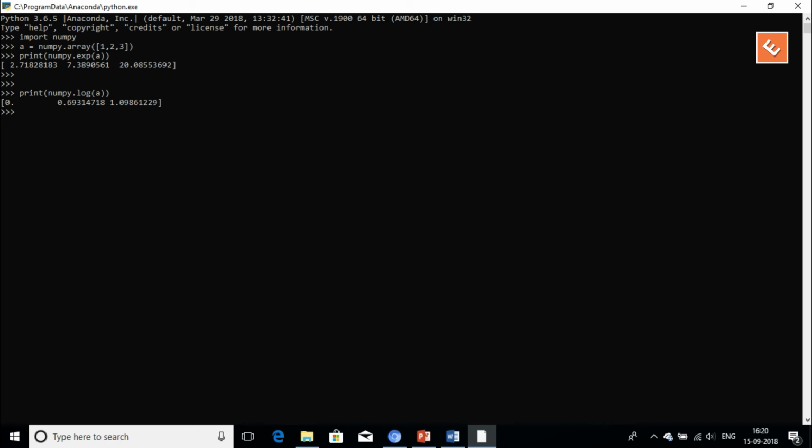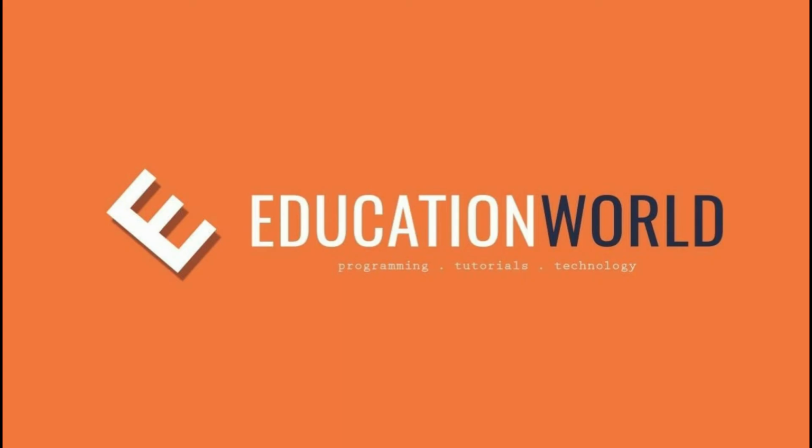Similarly, e raised to the power of 2 gives the value somewhere near 7.38, and so on. Here, we have calculated natural log, which gives the value as displayed above. Now, if we want log base 10 instead of natural log,